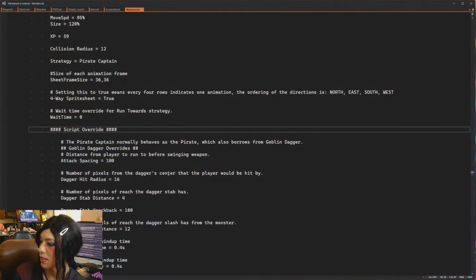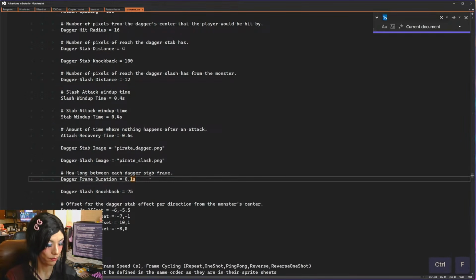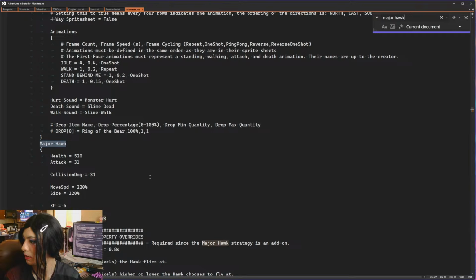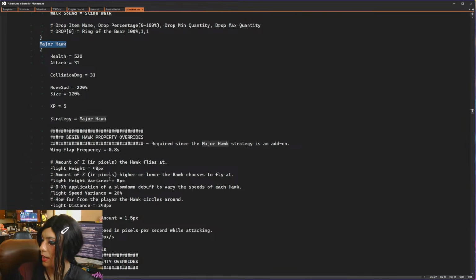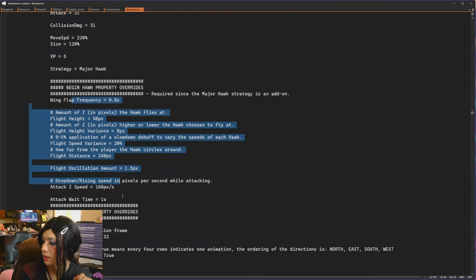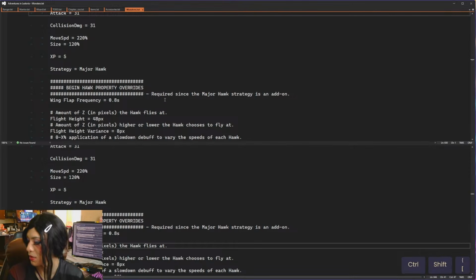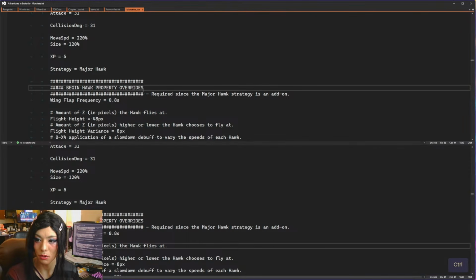In monsters.txt for the major hawk, it uses the major hawk strategy, and the major hawk strategy has a couple of overrides here. However, these are for the major hawk, and they actually override the same names of properties as the normal hawk.